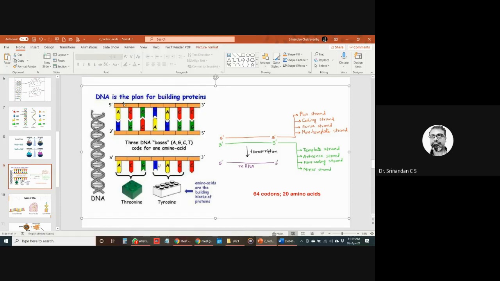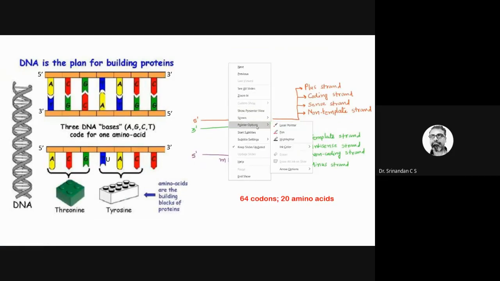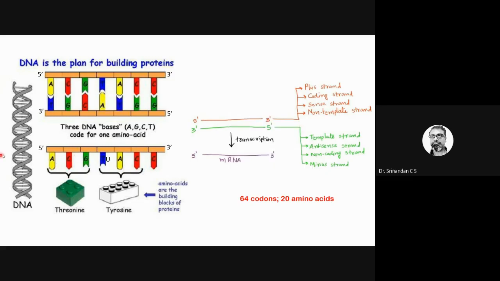It looks like this, 5 prime to 3 prime only. Okay. So this process in which the RNA is formed is called transcription, which I'll be explaining later on. Okay. So this is acting as a template. Only different terminologies are given because this RNA is actually coding for the protein by codes. These are acting as codes.